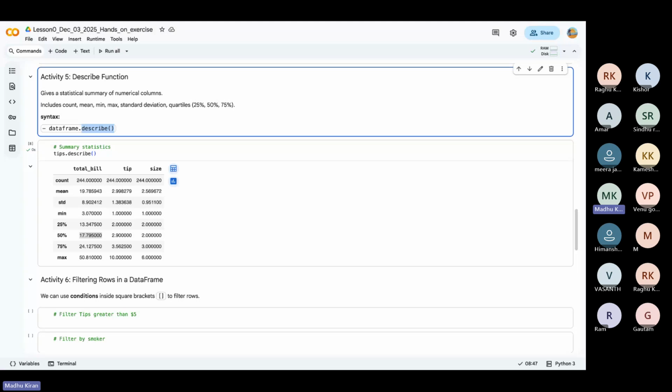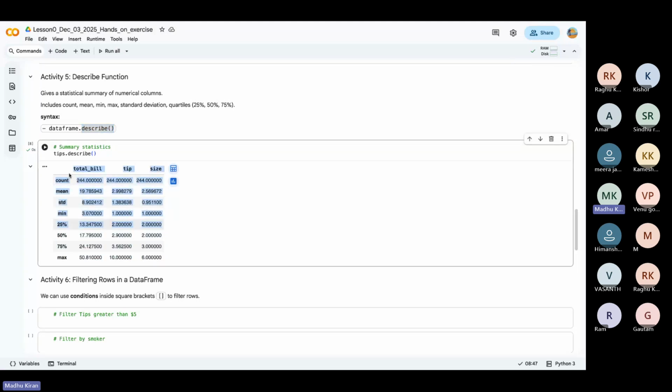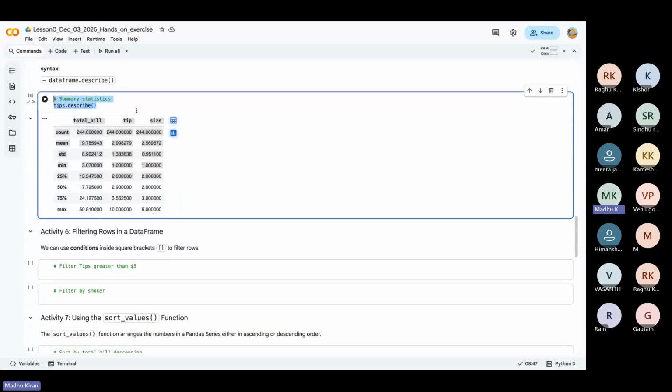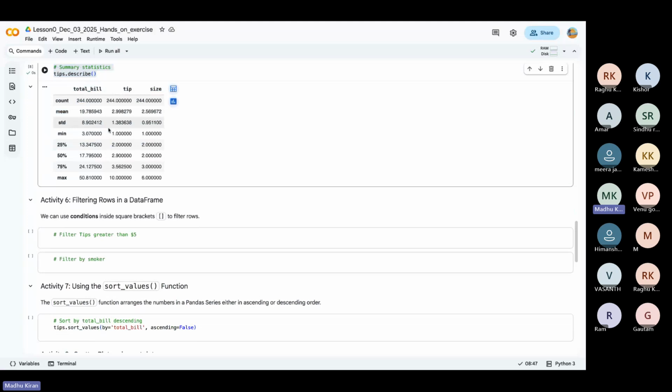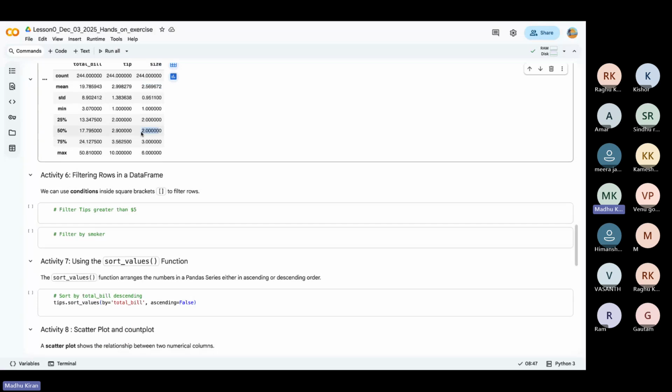So if you have 1 lakh, 2 lakh, or 10 lakh, millions of data points also, you can directly get the statistical information just by using this describe function. That's the reason we use pandas and Python, where you can concentrate on the results more than on the syntax. On the tip, the average tip given was like $3. The size of the group was like 2.5. We don't have humans like 2.5, but the information we got is 2.5. And the middle value is 2.